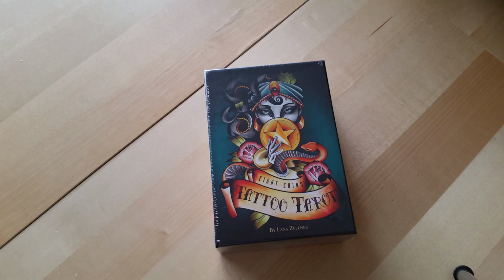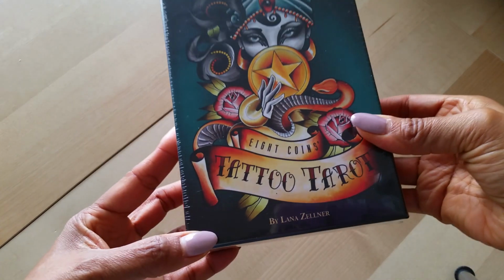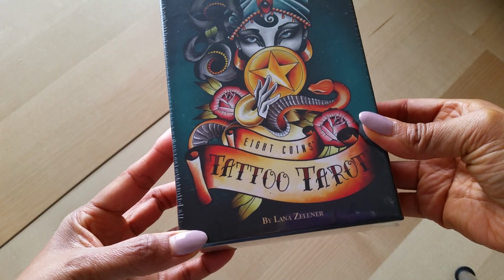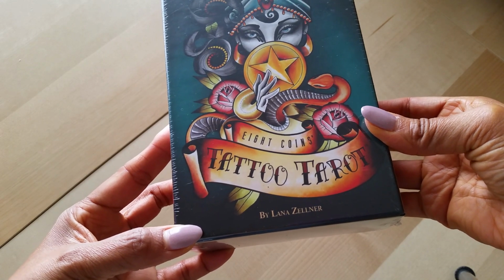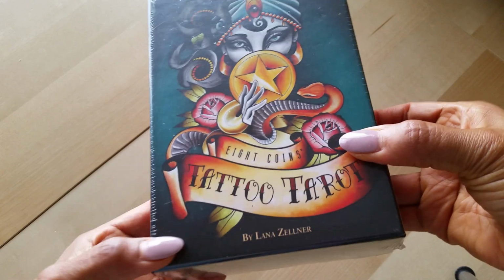In this video, I'm going to do an unboxing of a brand new deck I just picked up. This is called 8 Coins Tattoo Tarot by, I guess it's Lana or Lana Zellner. Now,